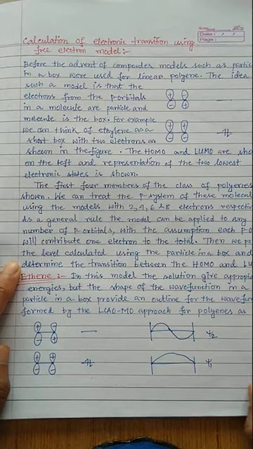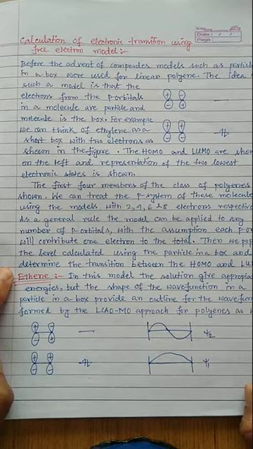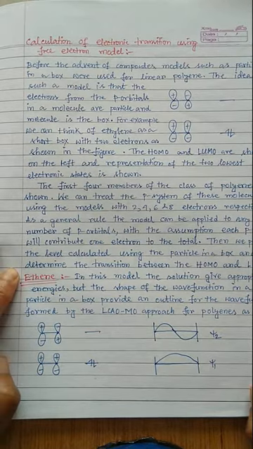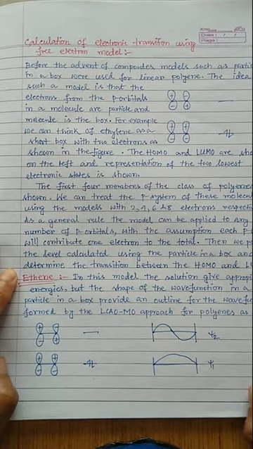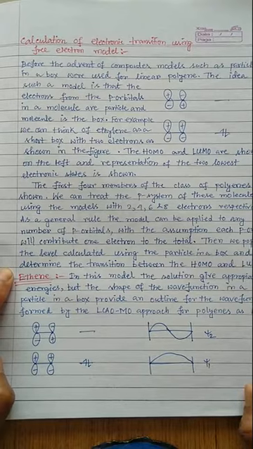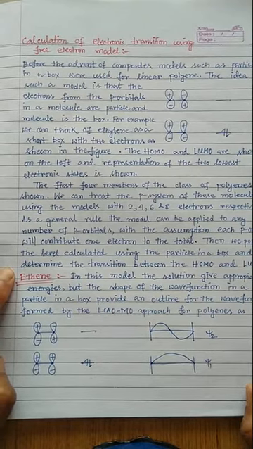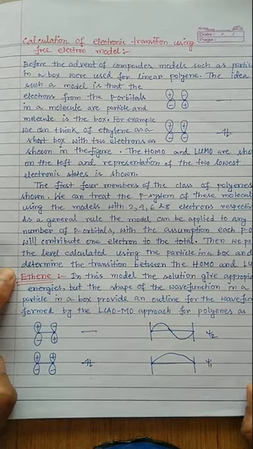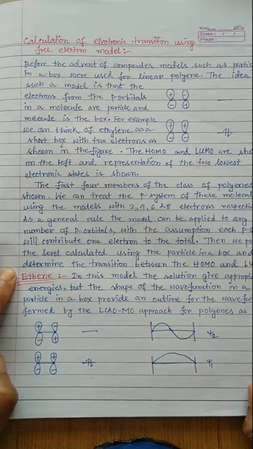The next topic that we would like to discuss is the calculation of electronic transition of polyatomic molecules using the free electron model. Before the real discussion, I would like to say that polyatomic molecules means molecules which have more than one carbon atom joined together in a linear way. For example, the smallest polyatomic molecule is the ethylene molecule, where two carbon atoms